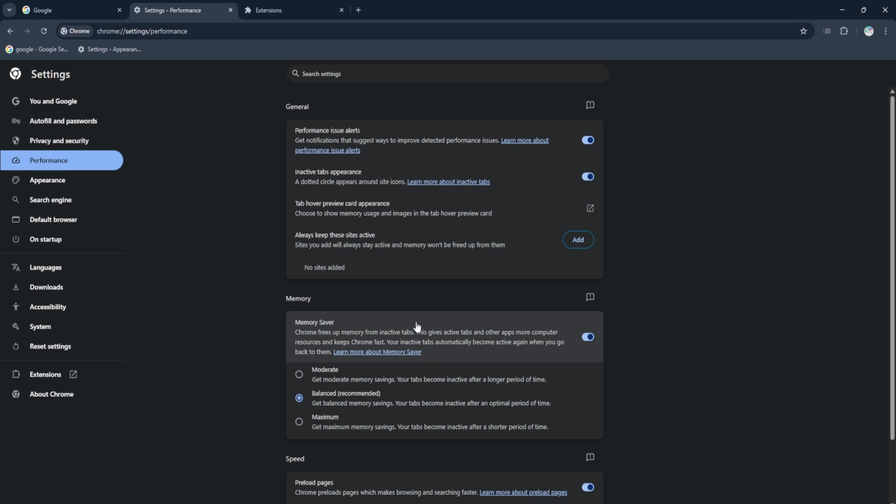At this point, the browser has a fresh cache, extensions are paused, Chrome is up to date, and memory management is enabled, all of which should make that error disappear. If everything's working smoothly, you can re-enable your extensions one at a time and keep only the ones you trust